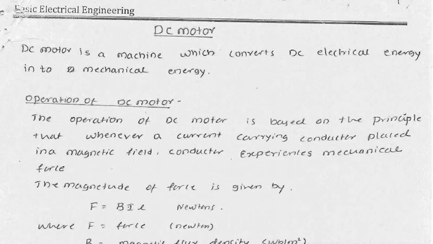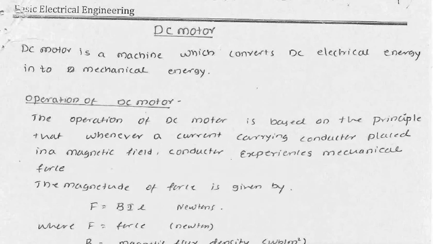So what we should have is a current carrying conductor. So the conductor or the coil should be current carrying. When it is placed in a magnetic field, automatically it will experience a force. And in the construction, the conductors or the coils will be placed on the armature, and that force is converted into a torque because that armature is mounted on a shaft.